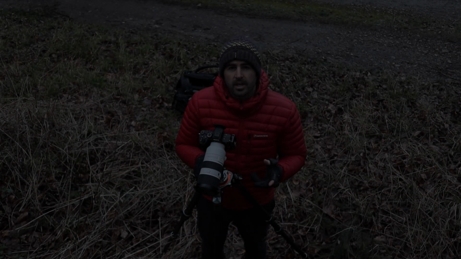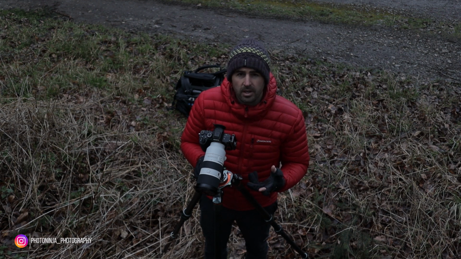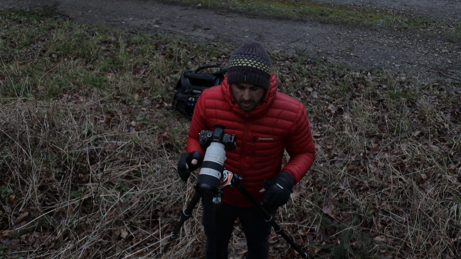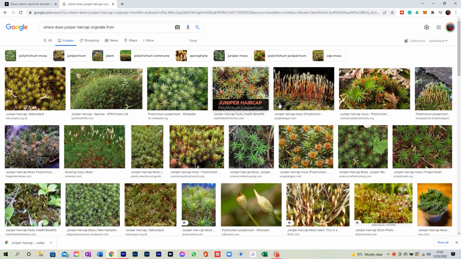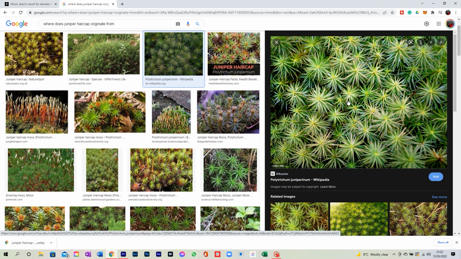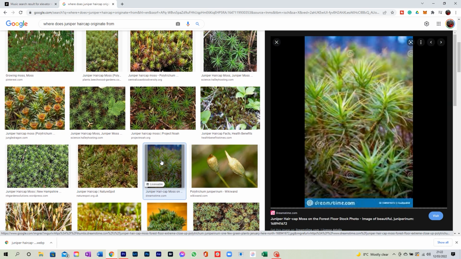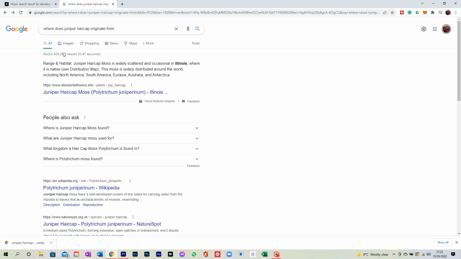So I've always wanted to get an image of this moss. I believe it's called juniper haircap moss. I'll put it up on the screen, and an image so you can see that I'm not lying. Yeah, juniper haircap moss. And it grows in the UK. I'm not entirely sure if it is a UK species. Again, I'll look that up and I'll let you know. But it's everywhere in the woods here anyway, and I always fancy taking a close-up,